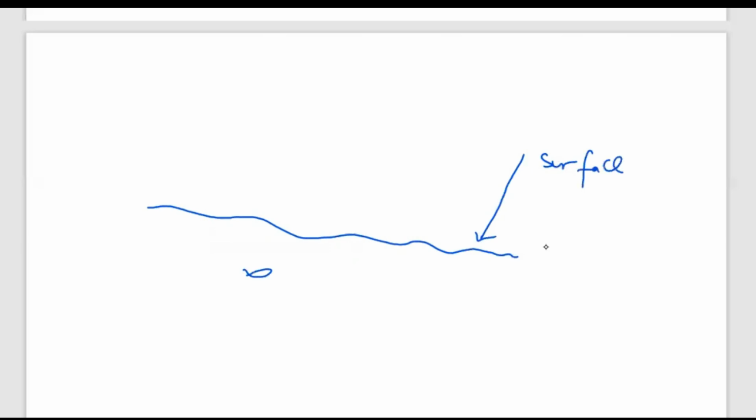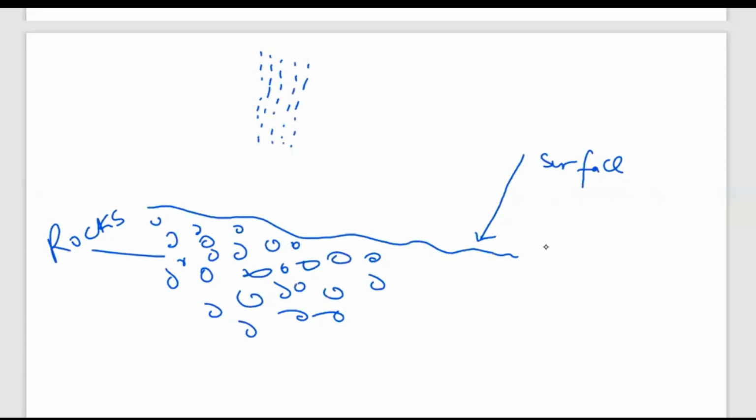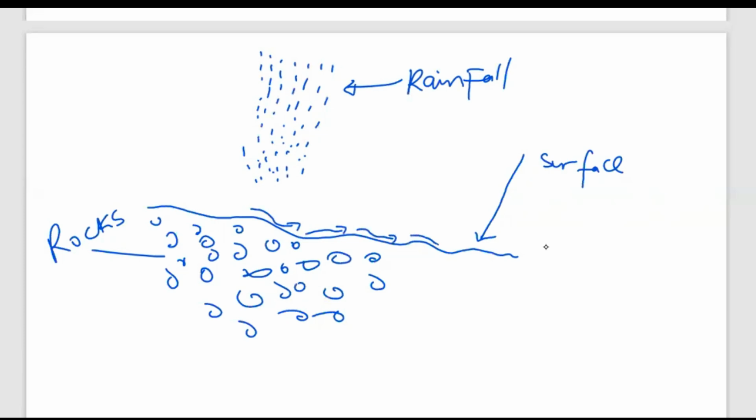this is the surface, for example, our surface. So this is the surface. Now underneath we have rocks. These are rocks, different layers of rocks, be sedimentary. So these will be the rocks. Then here we have our precipitation or rainfall. You can see this is our rainfall. And we said when it rains, different processes are taking place. We see water which is able to flow over the surface, and we refer to this as the surface